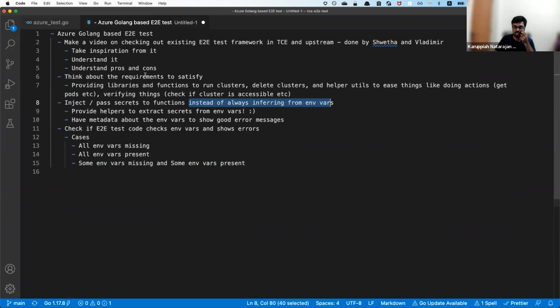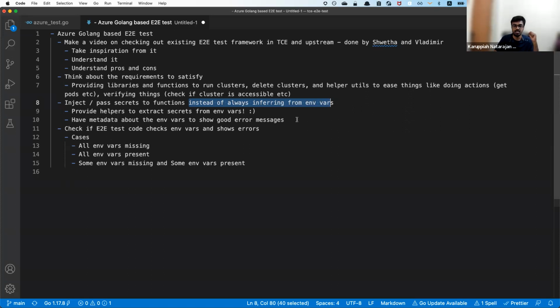Whoever uses the binary created from the library can run the binary with some environment variables, and that binary will have helper functions to extract those environment variables and convert them into some sort of config or secrets struct, and then inject it into the functions and methods which are going to create clusters, delete clusters, or do whatever.